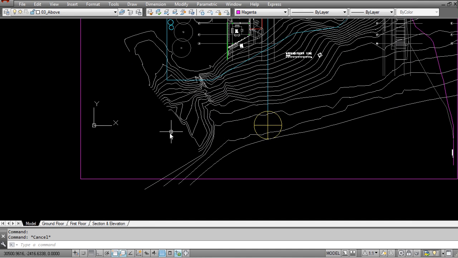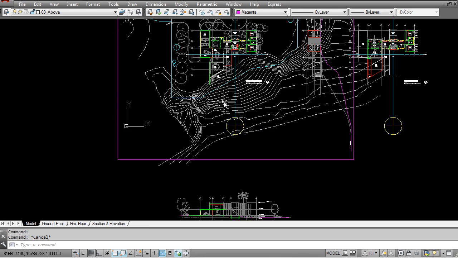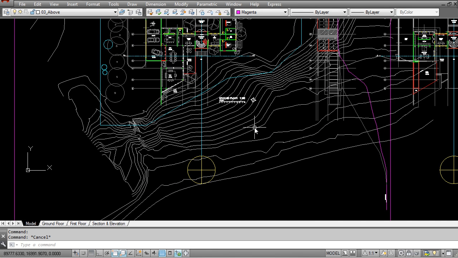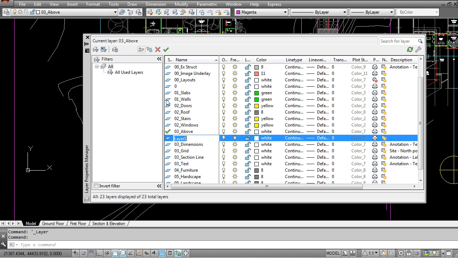So if I had to go and redraw this, and it is very time consuming, I must warn you, and I've done it on very large projects where I've spent hours redrawing contour lines, but there actually wasn't any way around it, because in those cases there were hundreds of tiny little fragmented zigzags and dots and lines that had to be redrawn. So what you want to do there is you want to create a new layer. For example, we can come in here and say, well, we're going to have new contours,